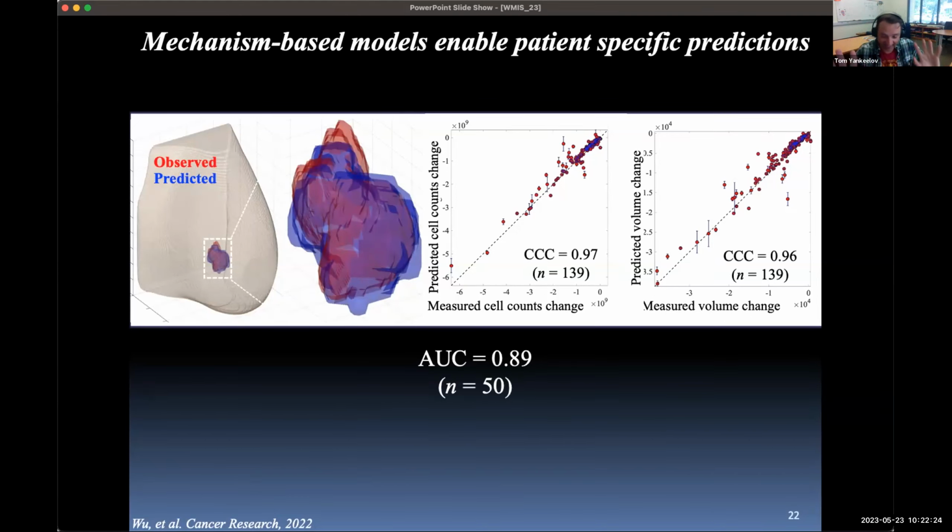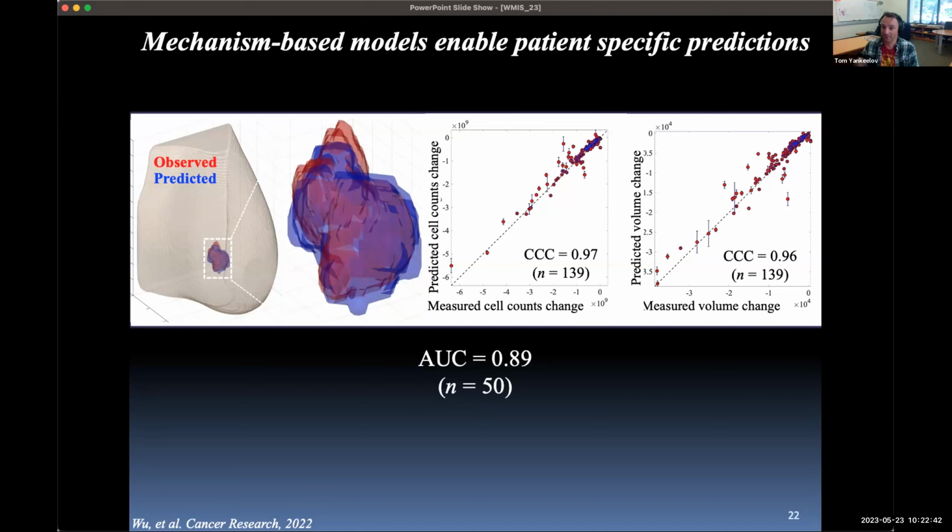Okay, so this is where I say we have to take a deep breath. The statistical stuff that we talked about before was great for doing correlations and separating things on a population. Here, what we did was we calibrated our model with patient-specific information to make a patient-specific prediction about how their outcome was going to be. But we didn't do just that.